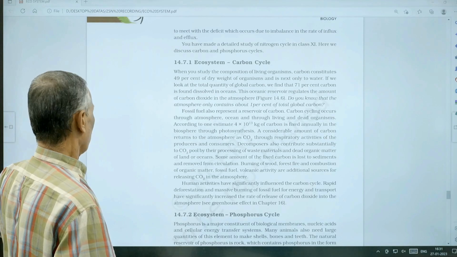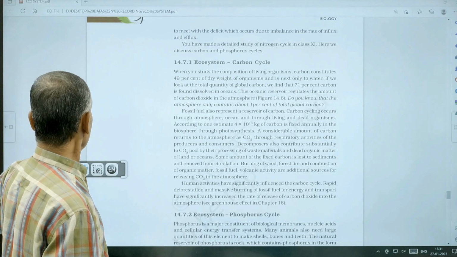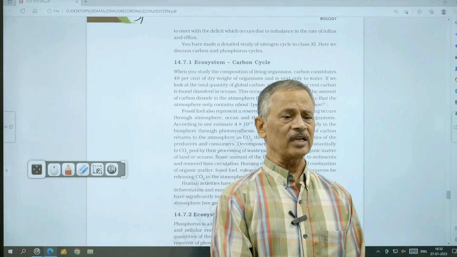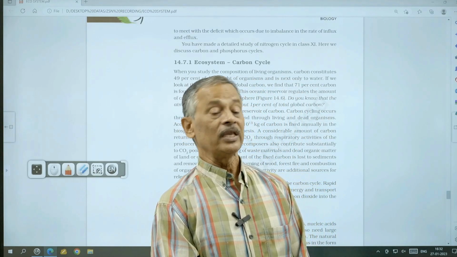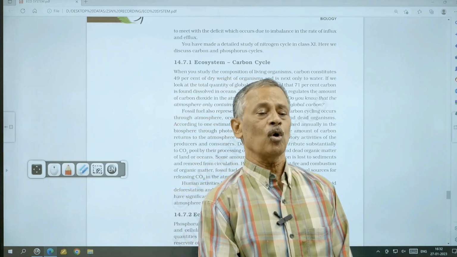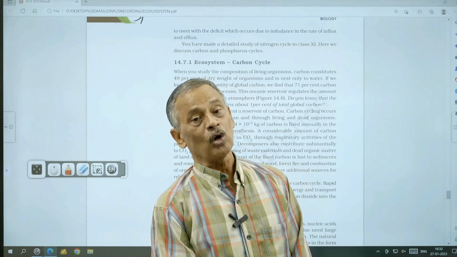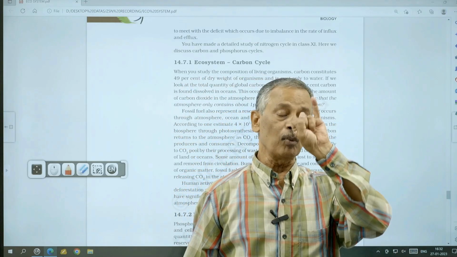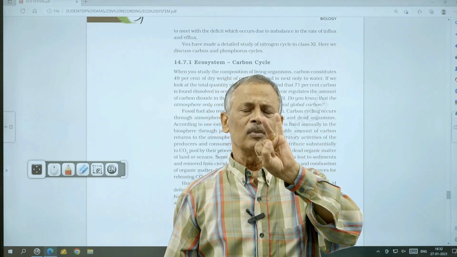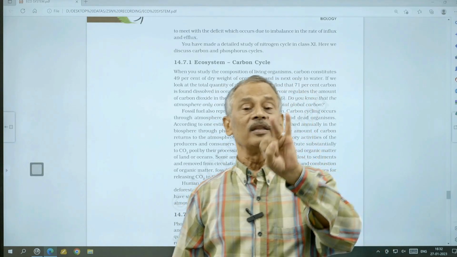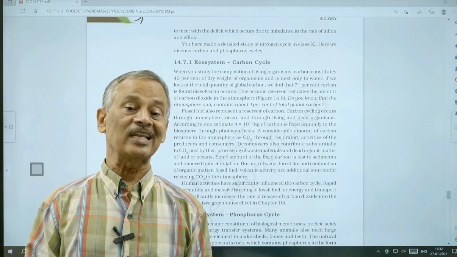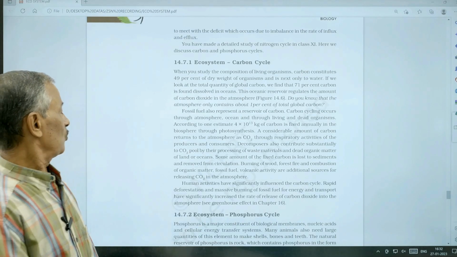Okay. Now, phosphorus cycle is an example for sedimentary cycle. The reservoir is earth crust. See, carbon is essential for all living things because it is the backbone of all organic molecules. What is the role of phosphorus? Phosphorus is an important ingredient in the plasma membrane and other membrane systems. It is also required for the production of DNA and RNA. And it is the phosphate compound that is acting as energy currency, just like ATP. So, phosphorus is very important.